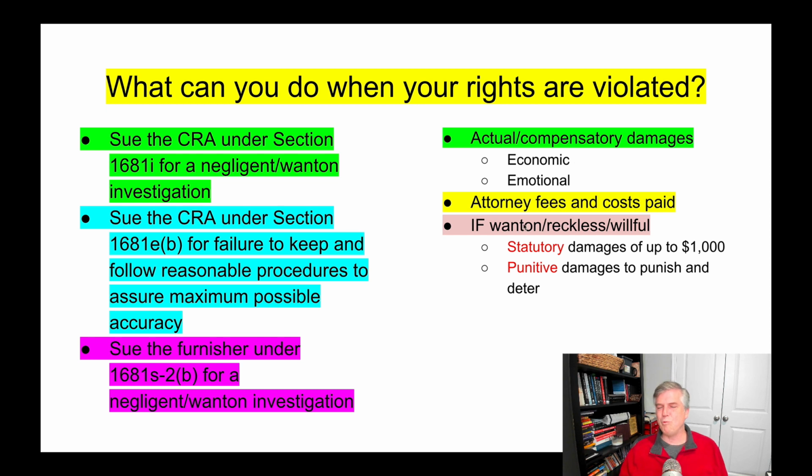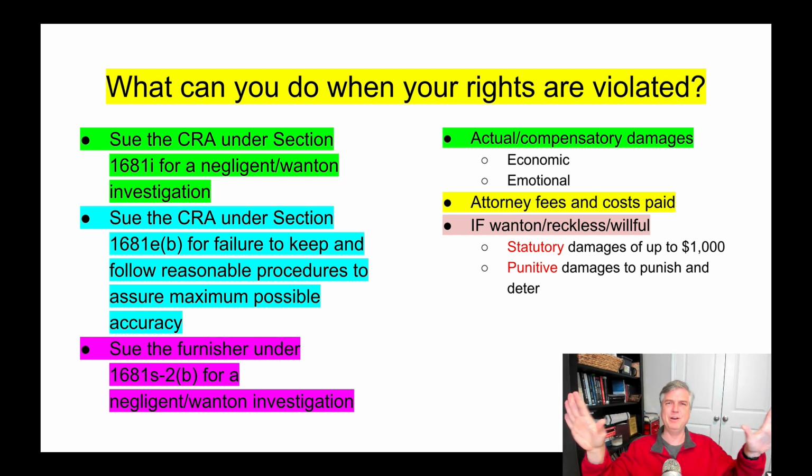And if it's wanton, reckless, or willful, so here's negligence. That's being careless under the circumstances. That's not using reasonable care under the circumstances. Willfulness, wantonness, recklessness is a higher level, okay? And I'm not going to get into all the details of that. But when you show that, you can get statutory damages, okay, up to $1,000. More importantly, you can get punitive damages. That's to punish that credit bureau, punish that furnisher, and to send a